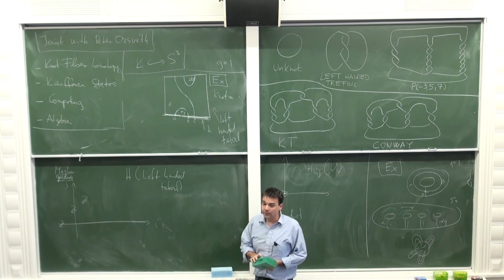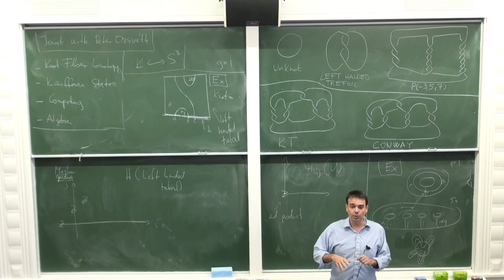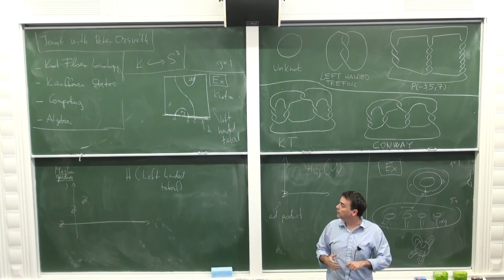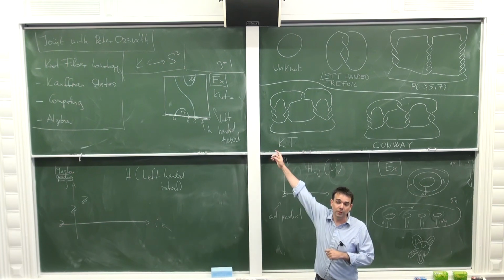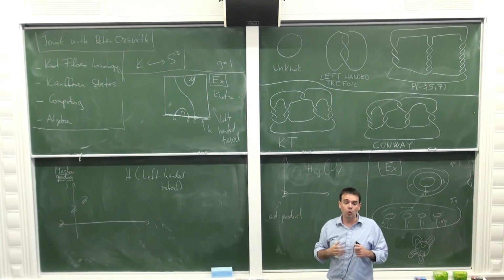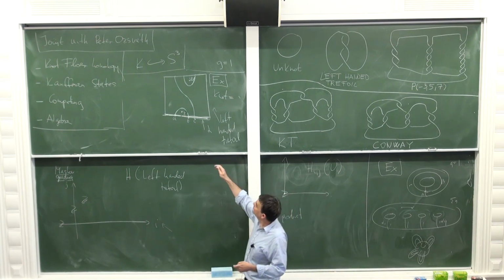I should have said that in this story, of course, the first input is the knot. You want to compute an invariant of the knot. The second thing is that there is this funny way of representing the knot by a two-pointed Heegaard diagram. There will be lots of different ways of representing the same knot with different diagrams. And these different diagrams could easily give you different numbers of intersection points. Even in this example,